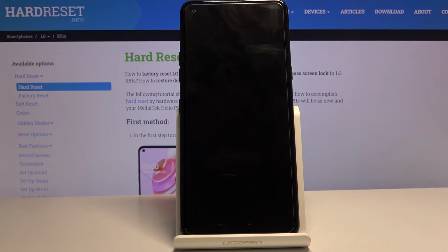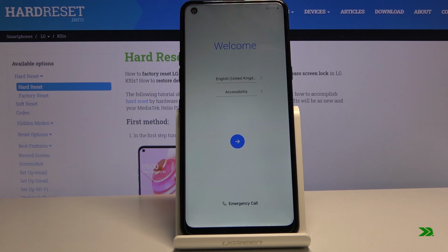Now this will take a couple minutes, but once it's finished we will be then greeted with the Android setup screen. So I'll be back once that is visible. And as you can see, now the process is finished and you can set up your device